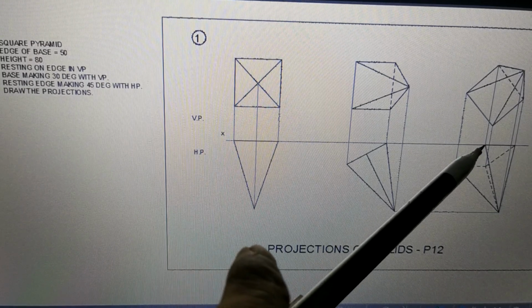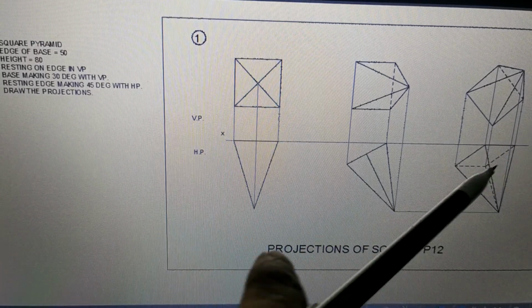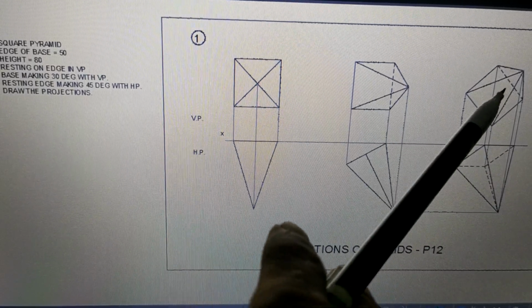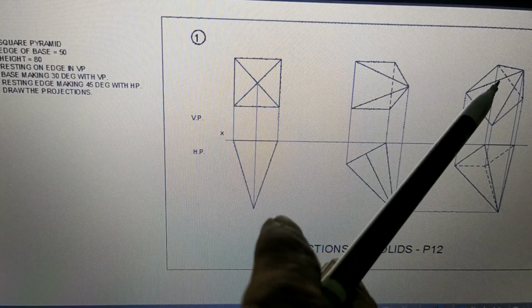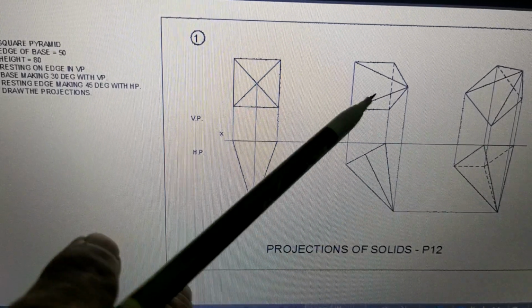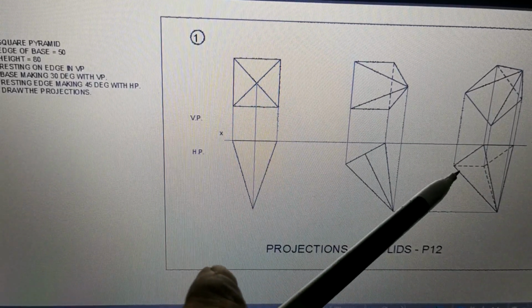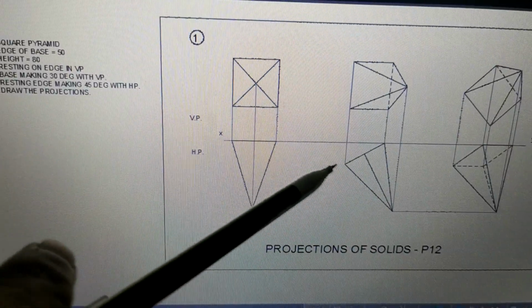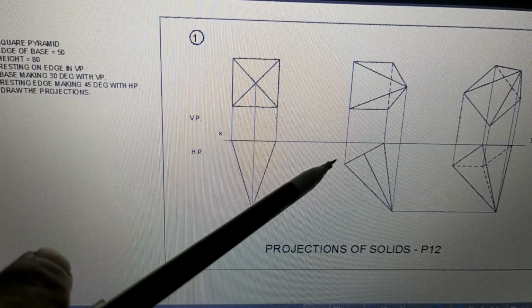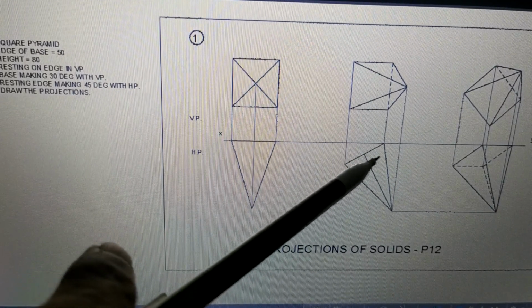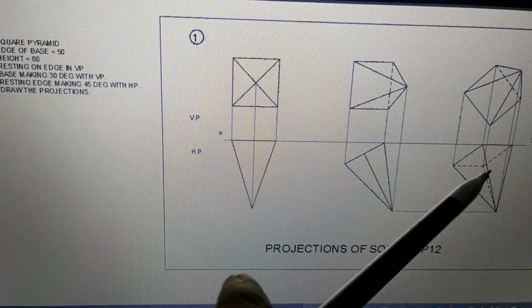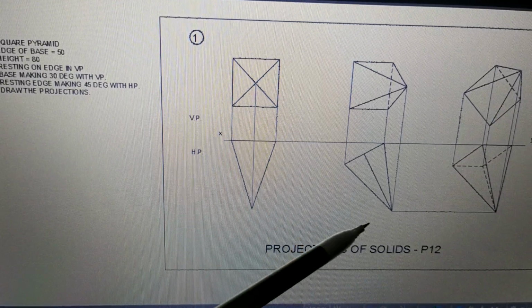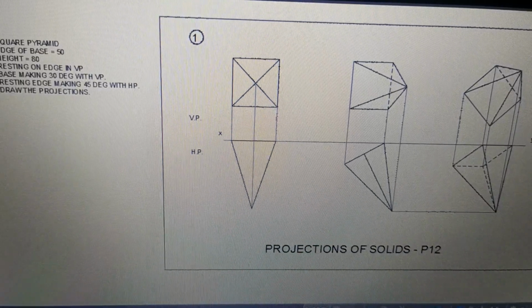Once you get all the points A, B, C and D, let us join them, and this becomes the base ABCD in the top view. So this base ABCD in the front view looks like this, in the top view it looks like this. Earlier, when this inclination was not there, the base was looking like this in the front view, and in the top view it was looking like a line because it was perpendicular to HP. Now it is inclined. So we have drawn the base. Now similarly the apex, which is here, that apex will come here after you project.